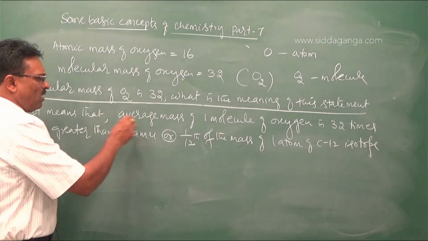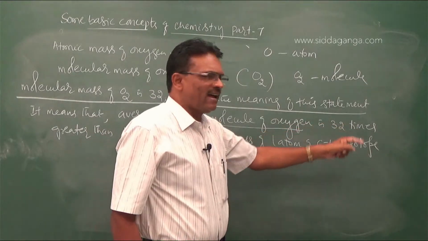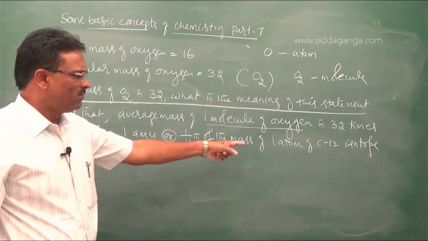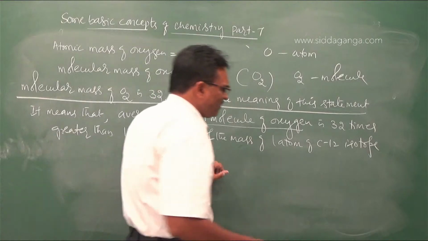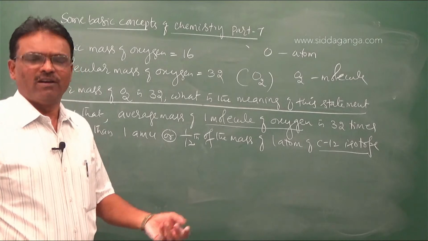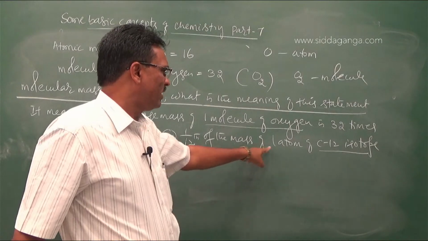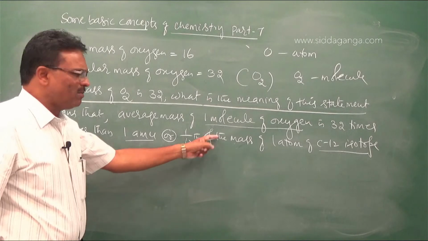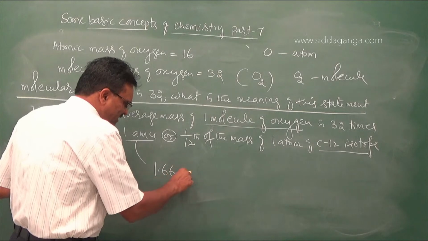Average mass of one molecule of oxygen is 32 times greater than 1/12 of the mass of one atom of carbon 12 isotope. Clear? So here also carbon 12 isotope is used as standard. So what is the value of 1 AMU? 1 AMU is 1/12 of the mass of one atom of carbon 12 isotope. Its value is 1.66 into 10 power minus